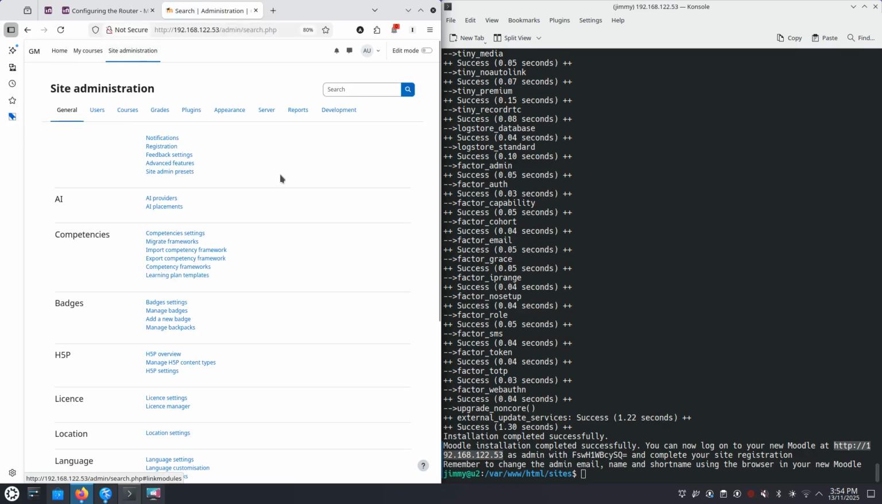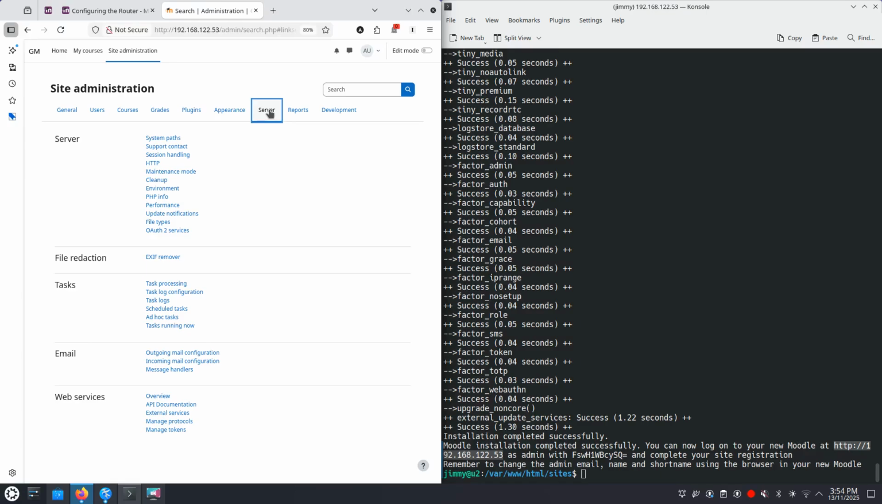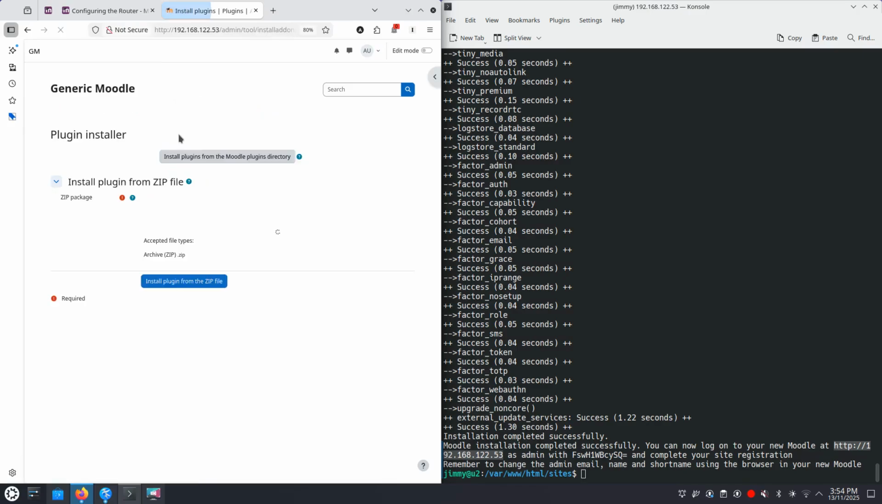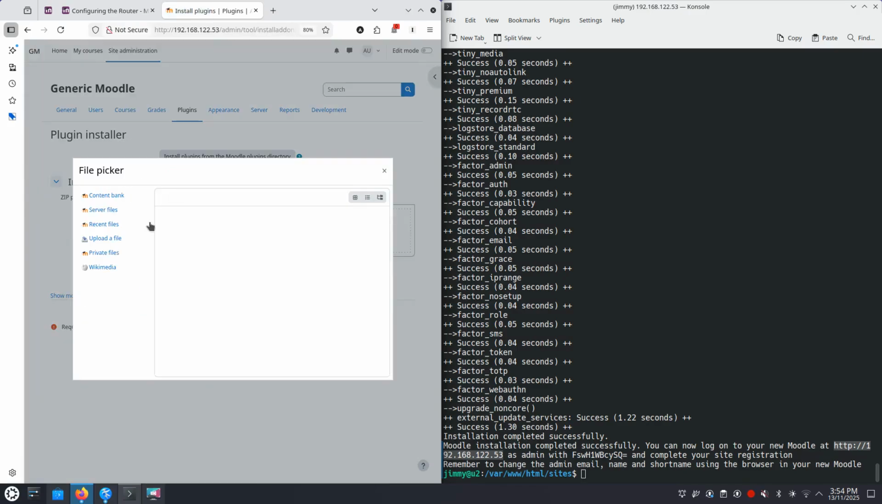Where am I now? Here it is. I'm getting confused, jumping around. We're going to go and have a look at the server for a start. And let's go and look at plugins. We're going to install a plugin. I'm going to choose a file, upload a file,